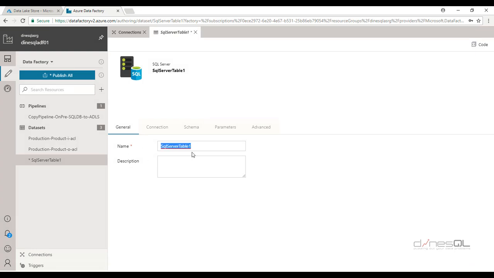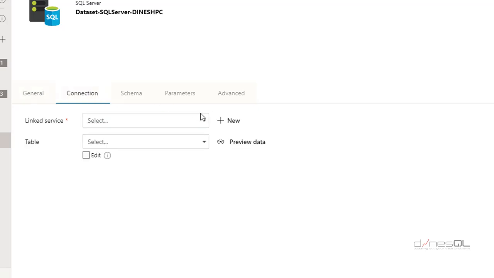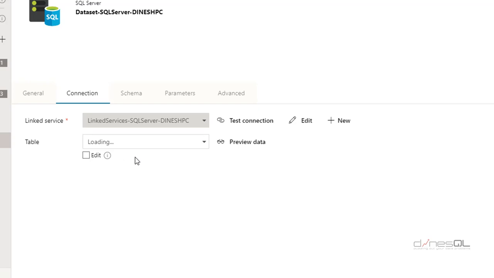Let me name this as dataset SQL Server Dinesh PC. Let me click on the connection tab, and then I have to select the linked service I created, which is this. And I'm not going to directly access a table. I'm going to define the schema, and then that structure will be loaded based on the code we write for extracting data. So if I want, I can select the table, but let me go into the schema tab and create